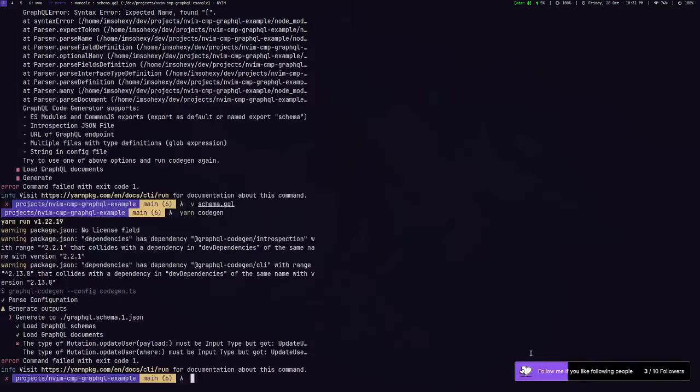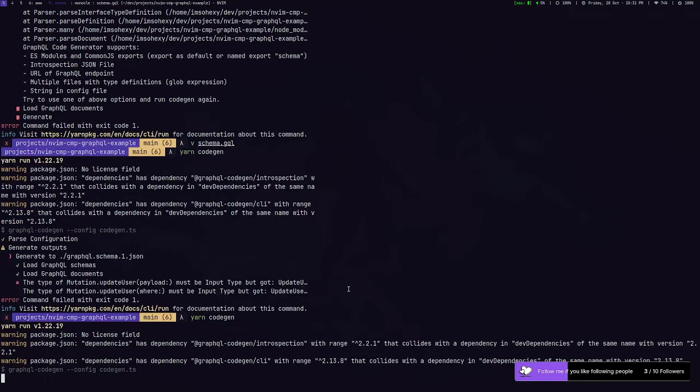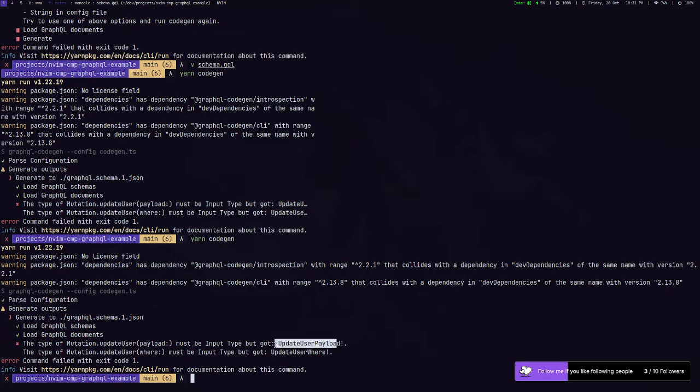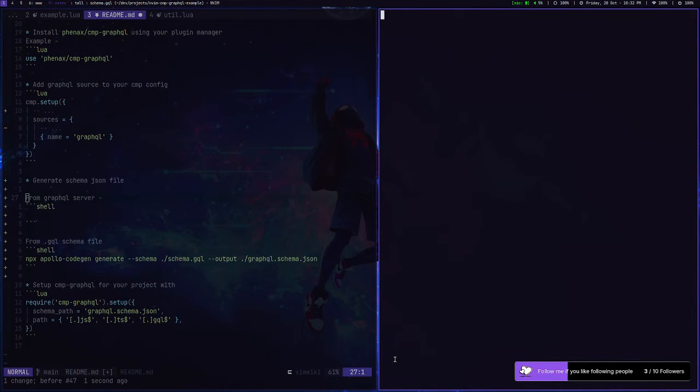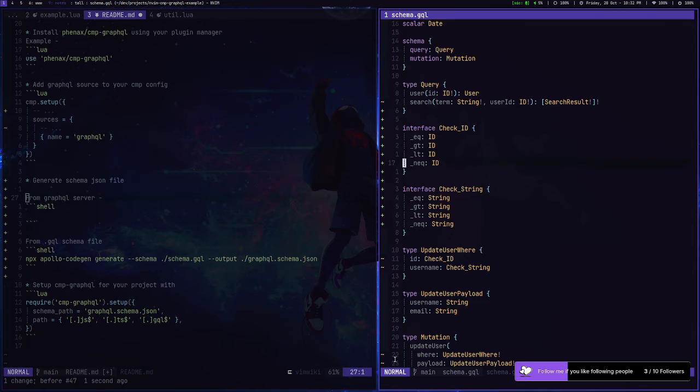Okay. These modern CLI tools are just terrible. Why did they just cut off here? Wrap around. Type mutation must be input type, but got user payload where must be input type. Oh, okay, I remember some of this. I'm not completely stupid